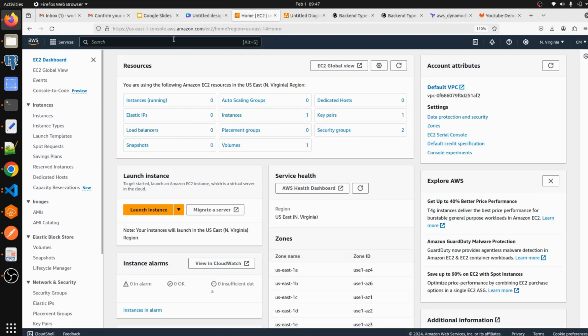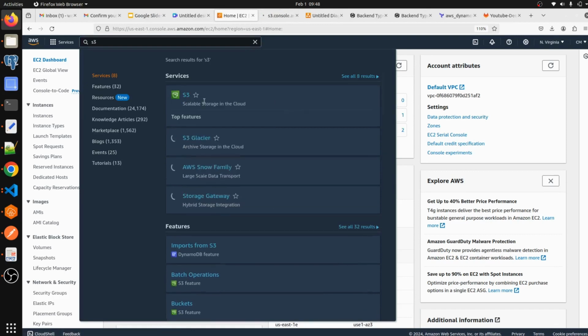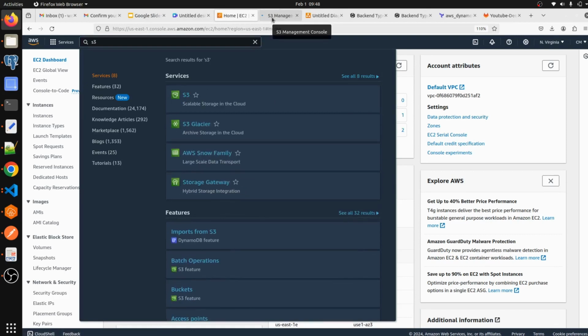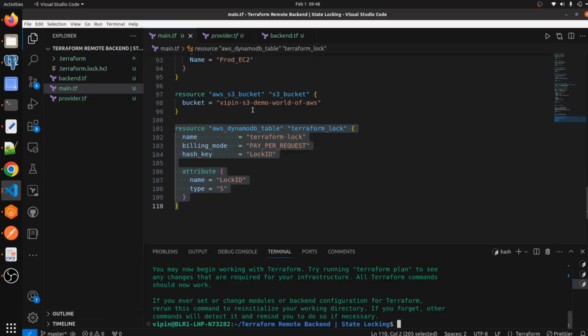If we open the S3 service, we cannot see any bucket with the name Bipin, as I have mentioned in the Terraform code. So first we have to create it using Terraform.